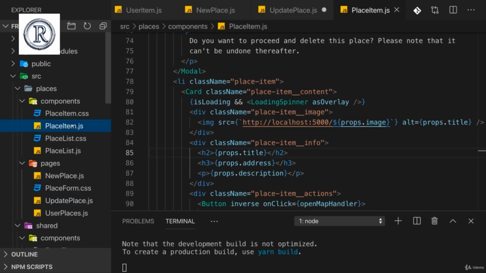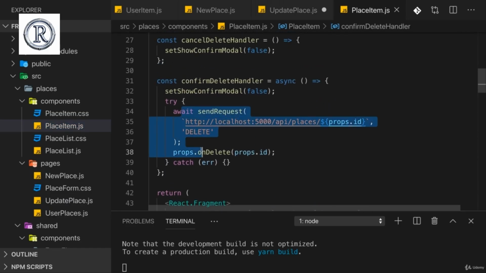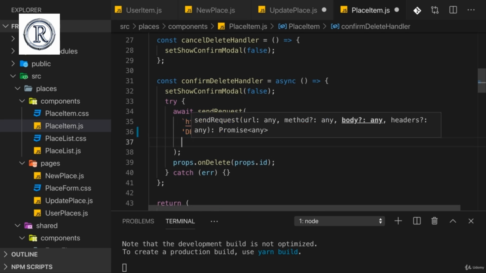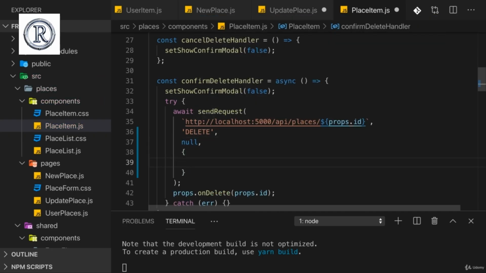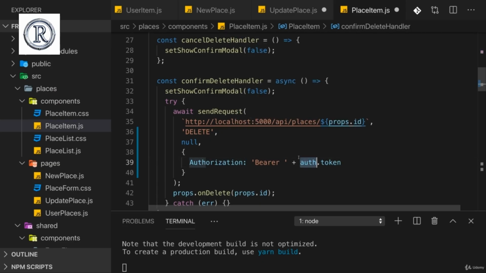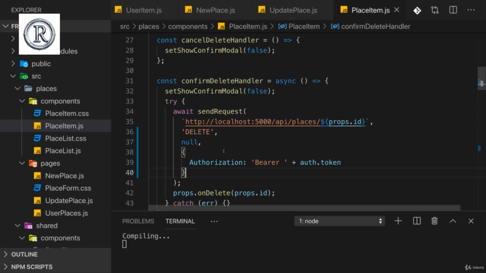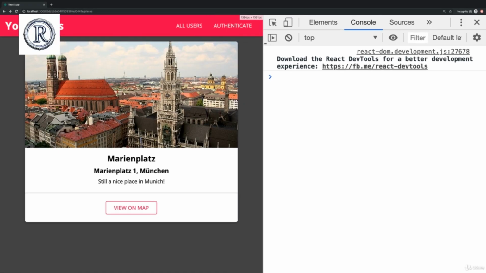Now let's also do this on place-item.js, where we have our delete functionality. Here we send the delete request, and at the moment all I do here is set up the URL and then add my method here. Now we certainly need no body, so we can pass null here, but we want to add our headers object. And there we want to set authorization to bearer plus auth token. And we already got access to the auth context object in this file here. So with that, the token is added to all these requests, and hence we can give that a try